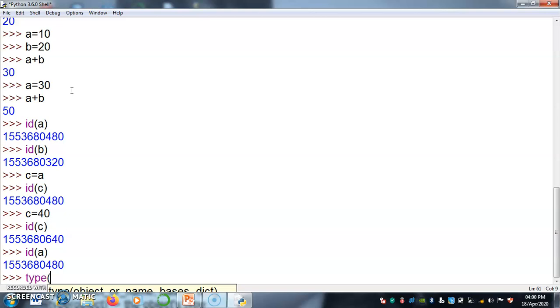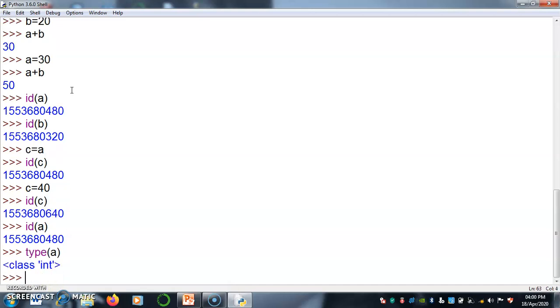Type is a function which returns the type of data. Okay, so type of A, which is nothing but integer. Everything it can be